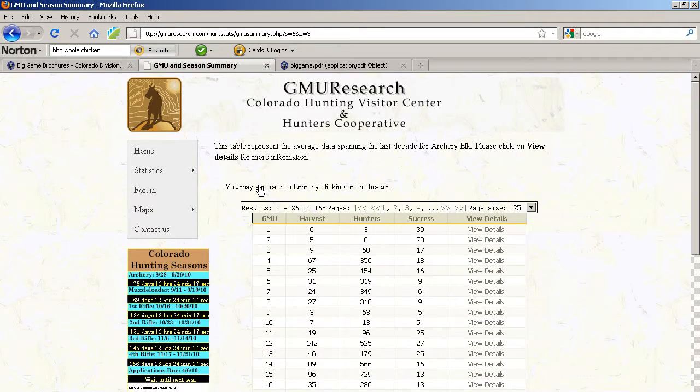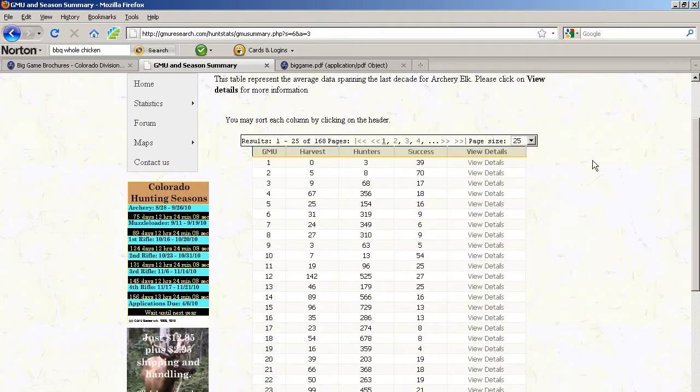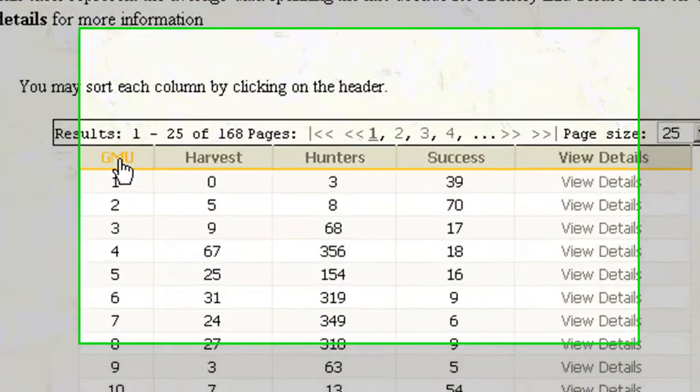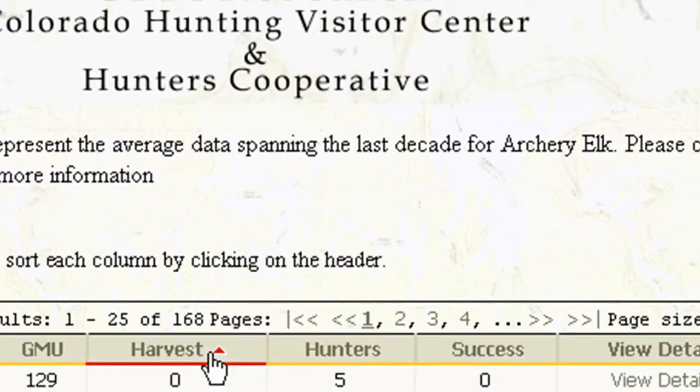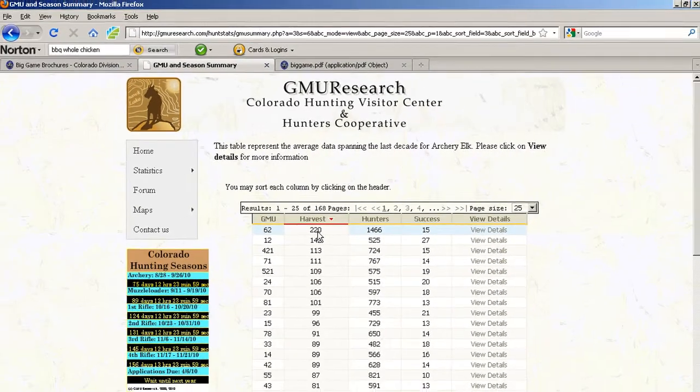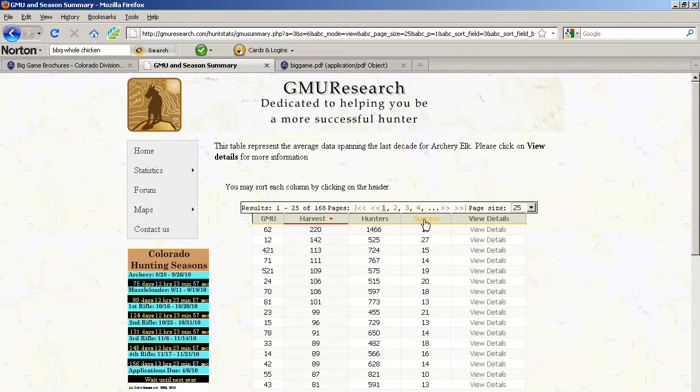If you have not logged in, you'll be prompted to enter your username and password. Once you enter that, you'll be presented this page. These columns are actually sortable, so if you want to change the order of your units, ascending or descending, or you want to change the number of harvests, you want to go for units with the highest number of harvests, that type of thing, just click on the header and it will go ahead and